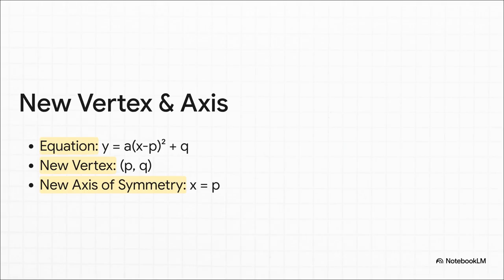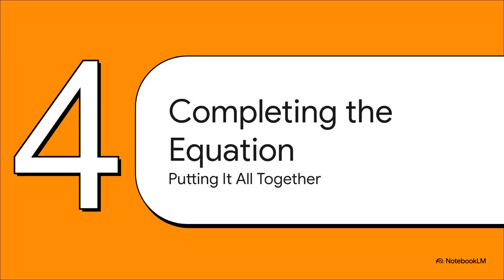The vertex isn't at (0, 0) anymore. Its new home is at the point (p, q). And since the axis of symmetry always cuts right through the vertex, we know its new equation is just x equals p. All right, let's head into our final section and see how all of this builds into an incredibly